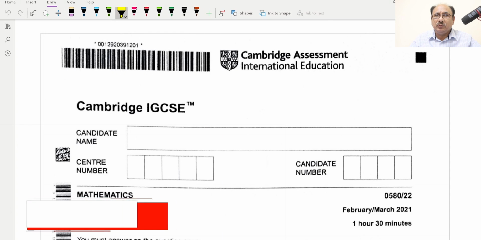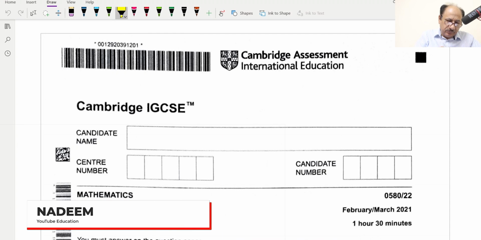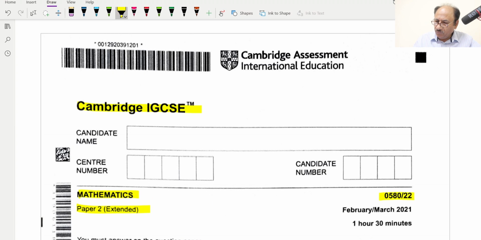Today we'll be going through IGCSE Cambridge Mathematics Paper 2 Extended 0580/22 Feb March